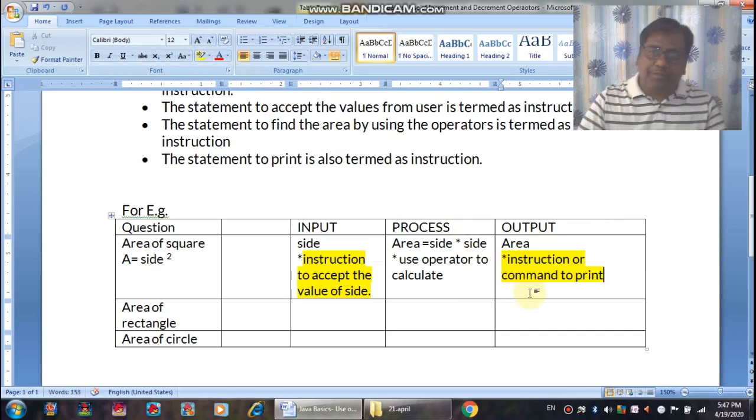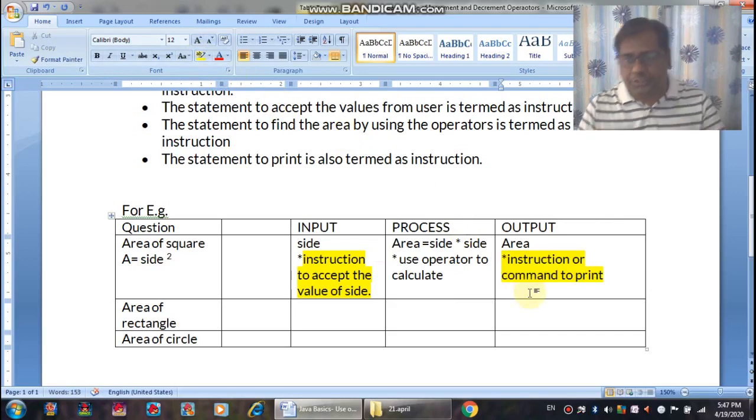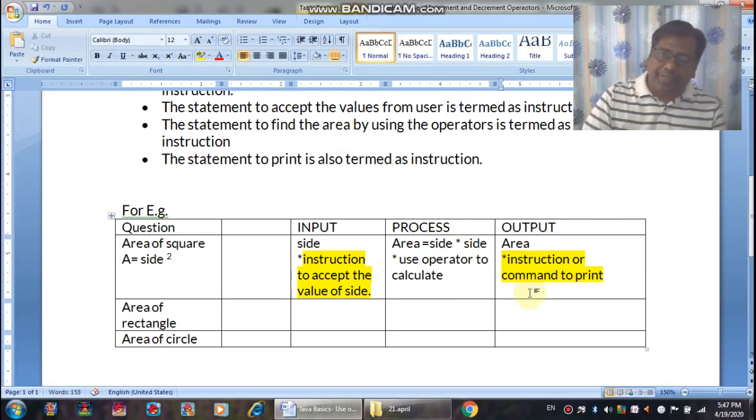When we are writing a program, we are sure that we have to give the value of side to the system. Now how to take the value of side from the user? It requires certain kinds of steps, certain kinds of instructions in Java which we have to learn ahead.